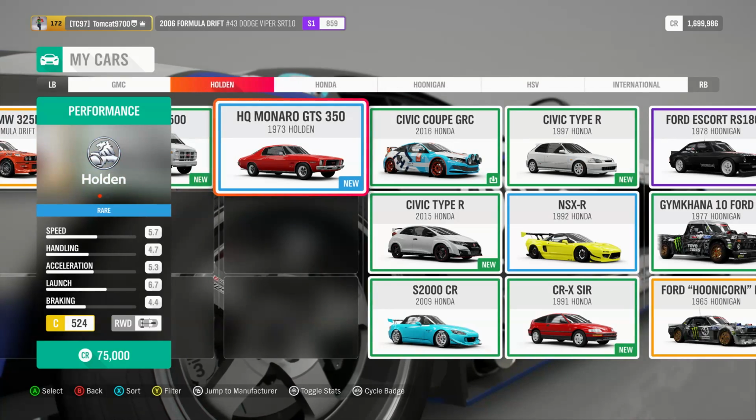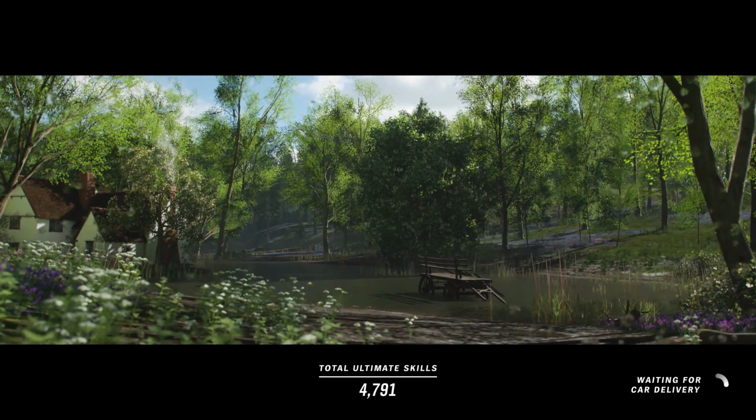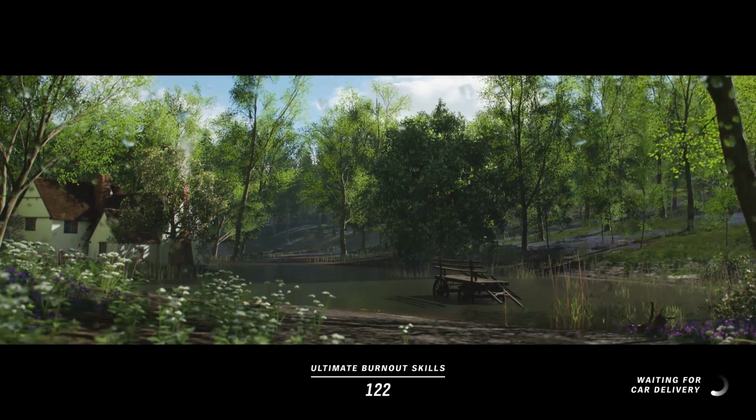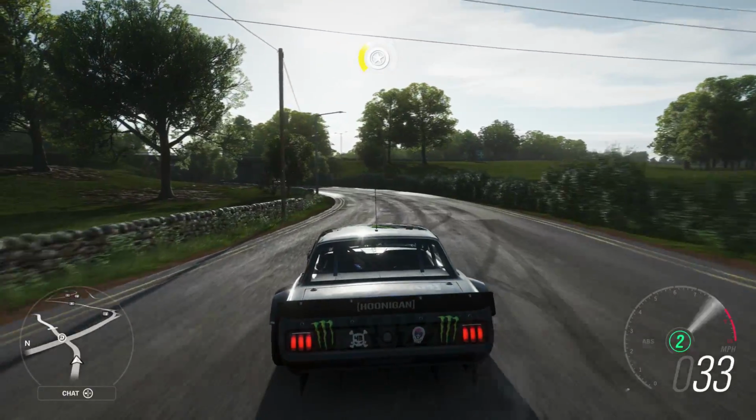You know what I mean? So let's grab the, I mean, hell, we'll use the Gymkhana 10 Hoonicorn for this one, just because it's the same car, so we might as well. Now, this is going to be a lot more focused on just forcing the entry speed. If you can force the entry speed and just stay in the throttle...